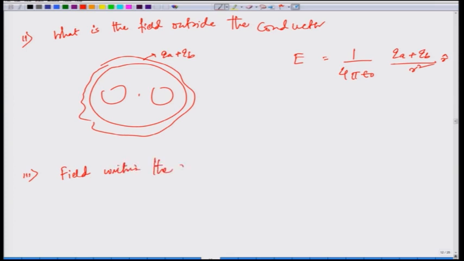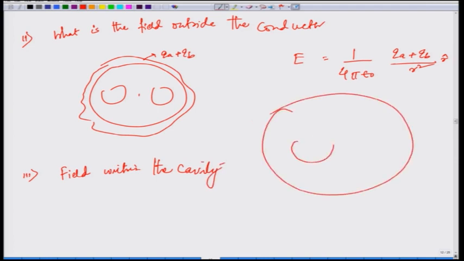Again, this is the sphere, this is my cavity, let us say the charge is here. If I am interested in finding the field here, let us say at a distance R, then for that spherical surface we know that the field will be nothing but 1 by 4 pi epsilon naught QA by RA square,